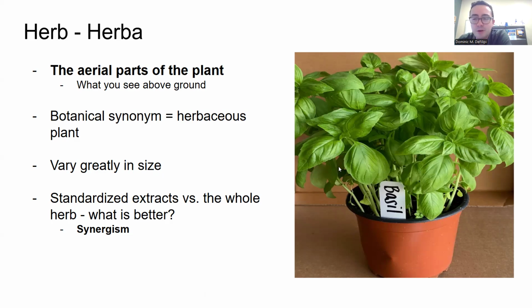They don't have bark or anything like that. It's not like a bush or something that has twigs or that sort of thing. If it's completely herbaceous, if it's green and flexible, much like a basal plant. Of course, herbs vary greatly in size, and we also have